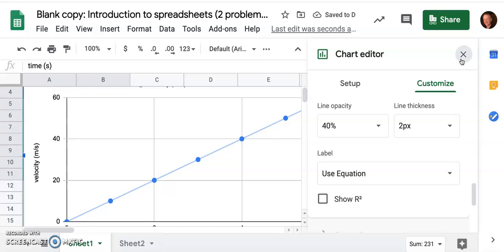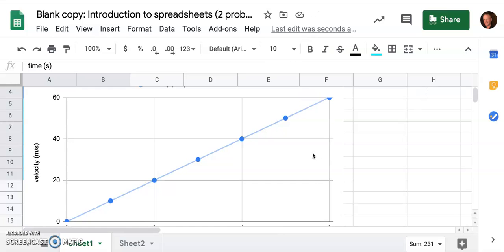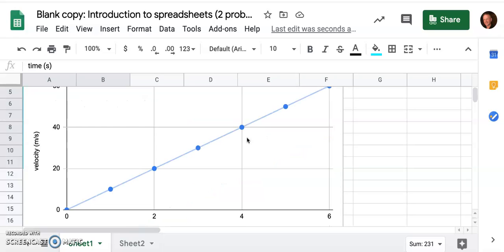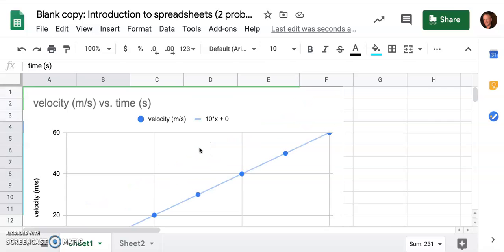Close the chart editor, and you will see there's an equation that's in slope-intercept form, mx plus b. You have a slope of 10 times x plus 0, and the intercept is 0. And that equation, if you look carefully,